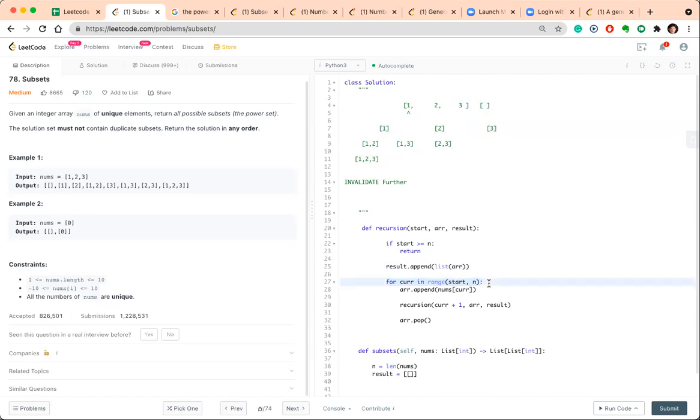We run a current pointer continuously, and the for loop starts from the current start pointer and goes on till the length. While passing down the recursion, we increment it by 1, so the same current pointer is not taken twice, and the for loop starts from that place onwards.